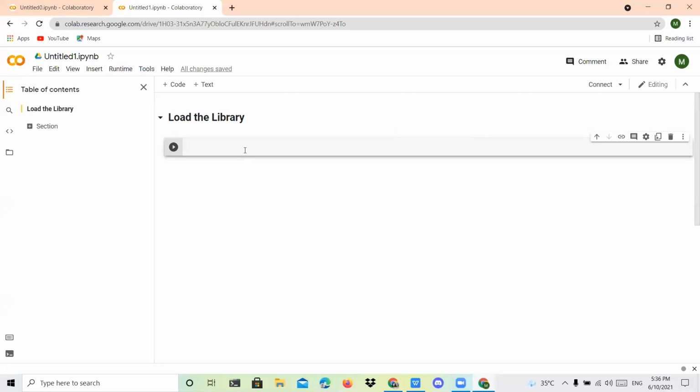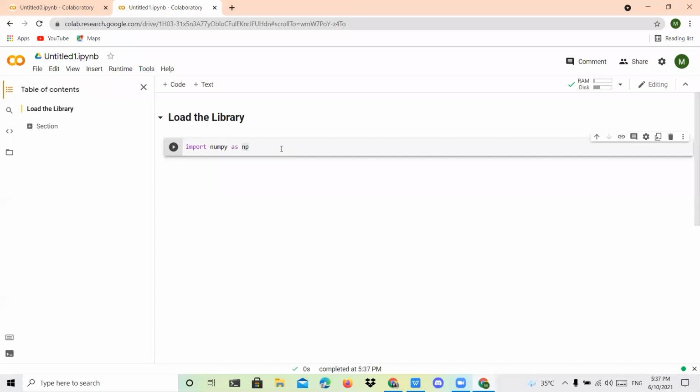So what is that library? We can use it as import numpy as np. This is a variable. Whenever we are going to call this particular library, you can use this variable. Use your own name also. After that, you can run this, and we'll check whether it's working or not.